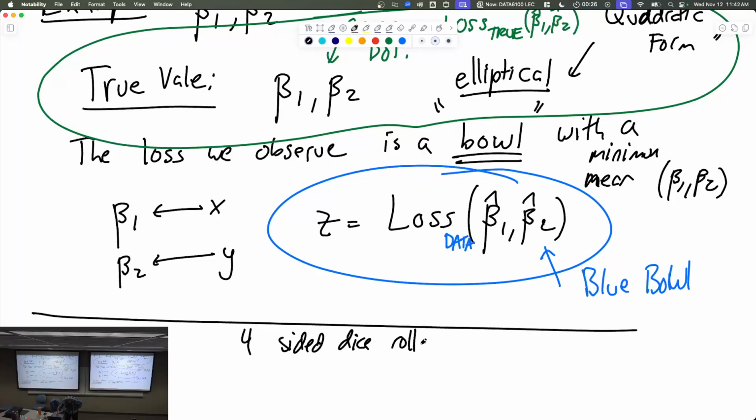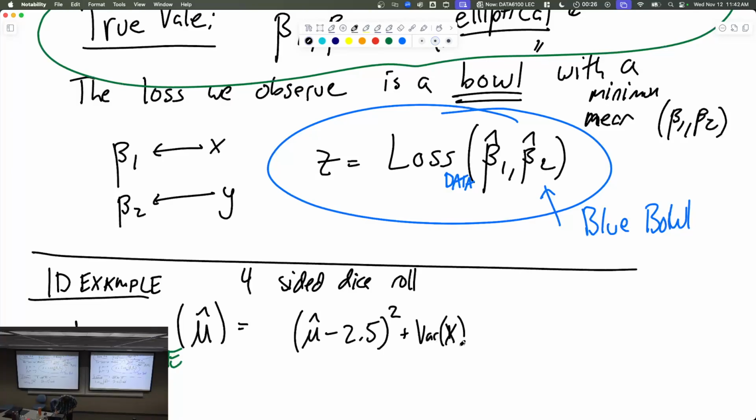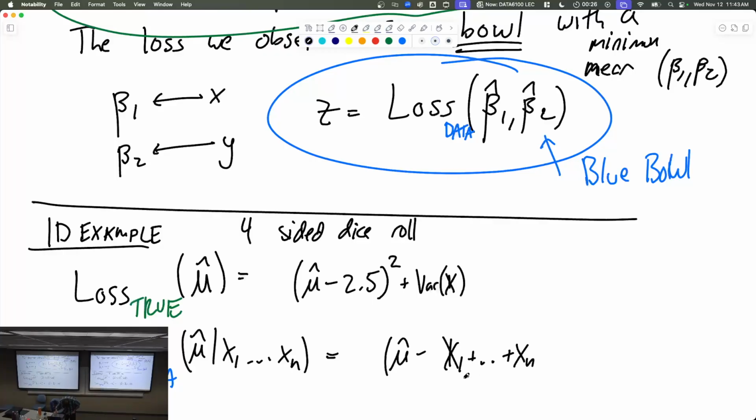Dice roll. And in the four-sided dice roll, the true loss function, the true value of some estimate mu hat, is (mu hat minus 2.5) squared plus, and the irreducible error was the variance of the dice roll. This was the true loss function, but you don't get to see that. What you actually get to see is the one that depends on data. We had some mu hat, and it depended on the outcomes, x1 to xn, and it was (mu hat minus the average of the x's, x1 plus dot dot dot plus xn data divided by n)